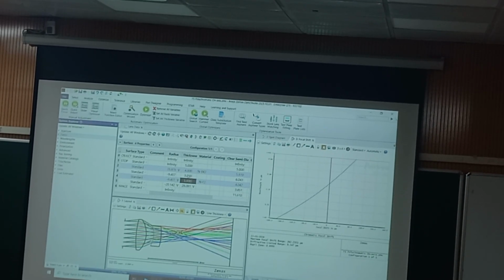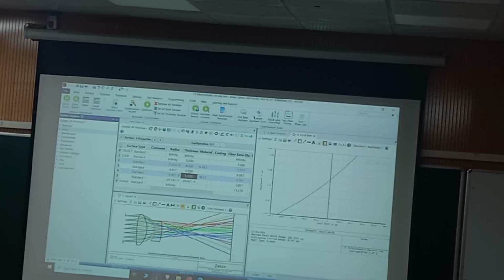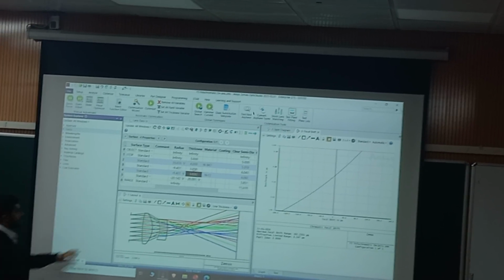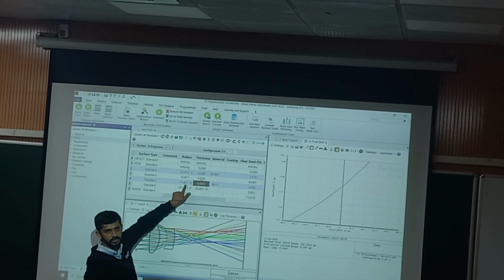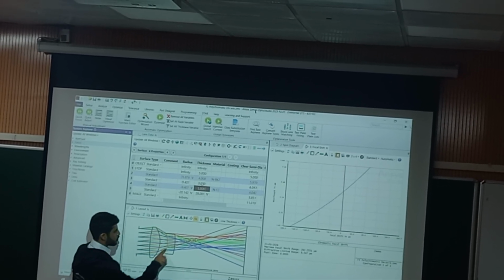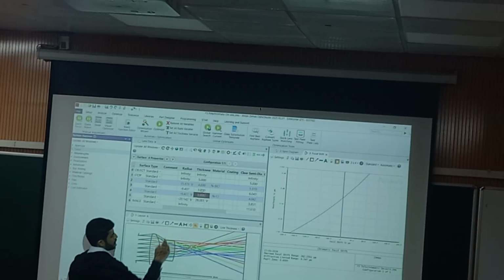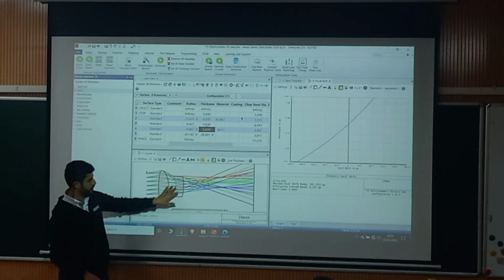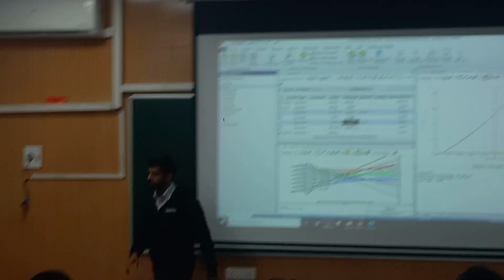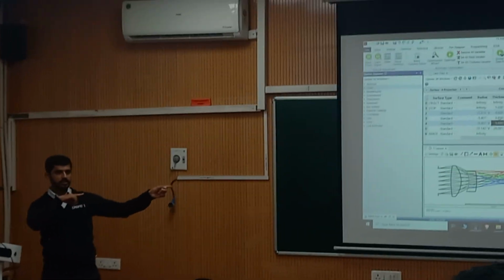So something like this is created in your system. I just added one surface after this, and I copy pasted this radius of curvature over here. If it is on the right, it becomes concave; if it is on the left, it will be convex. Although this looks like it is on the right, the left-right convention depends on the surface, because this surface is on the right of this one, and this surface is on the left. Okay? So is everybody's system like this? All your screens? Yes. No sir.